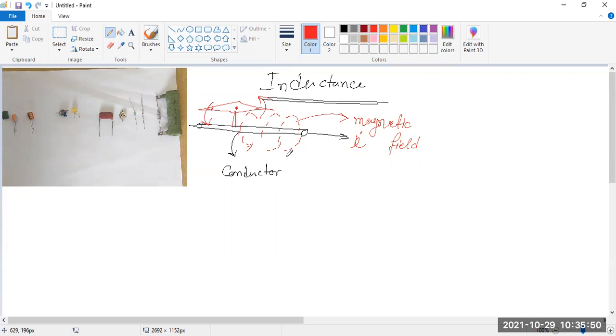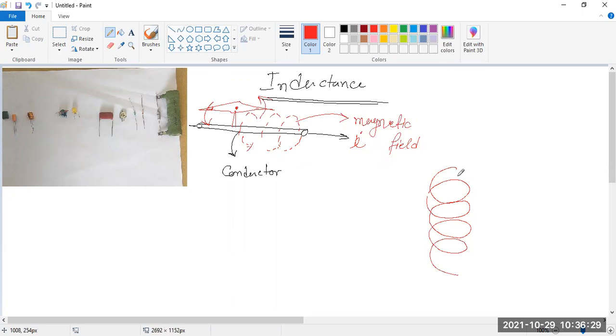I think in your 12th class or 10th class you have studied this phenomenon. I just recall it. Now, if a conductor has the property of a magnetic field whenever a current is flowing through it, it may be DC or AC. If AC, it is changing its nature. If DC, it is fixed. So it has some magnetic field. If I make it a coil, so what happens?